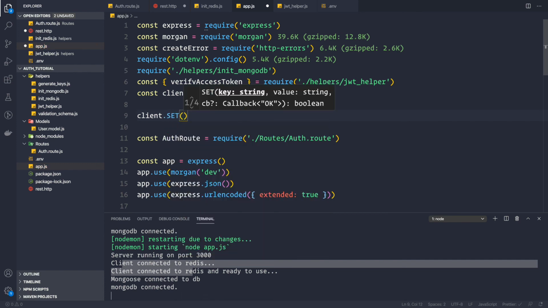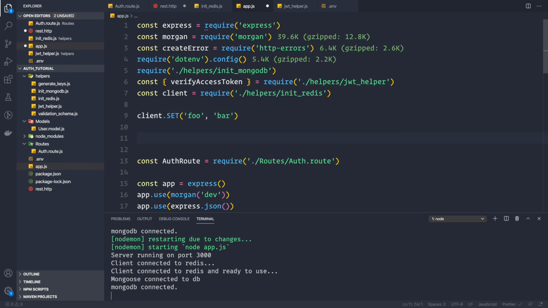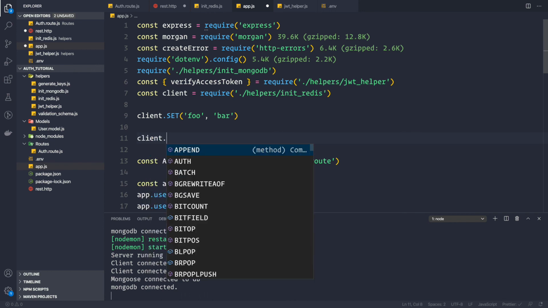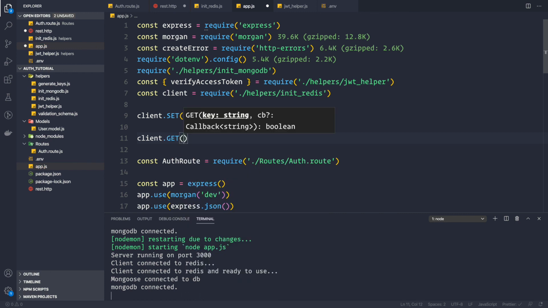So client.SET, the key would be foo and the value would be bar, like this. Now let's save this, and now we can also get the value that is stored in this foo key. For that, we can simply say client.GET, and here the key would be foo.